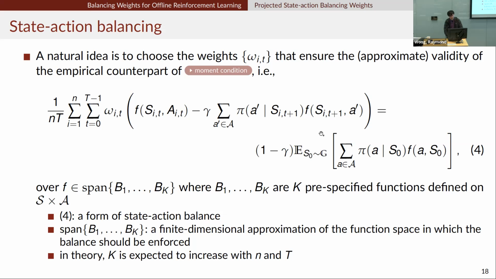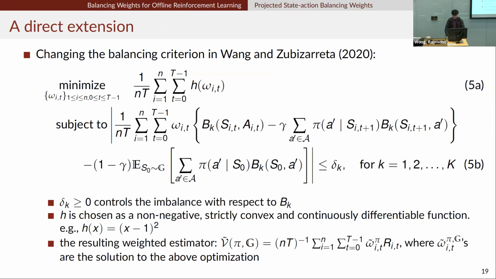Okay, and we require the original moment condition to hold for an infinite number of functions, which is difficult. So in practice, we only need this to hold for a finite dimensional subclass, a function class, B1 up to BK. This class is generated by some K basis functions. In theory, you want K to grow so as to avoid any bias. And then you can take some proposal of the covariate balancing approach and use these new moment restrictions.